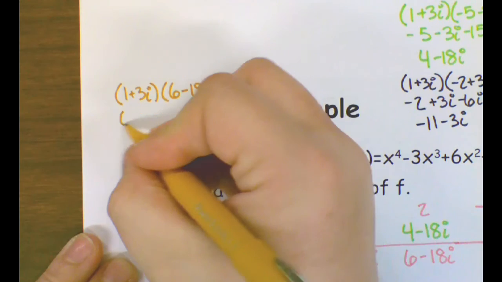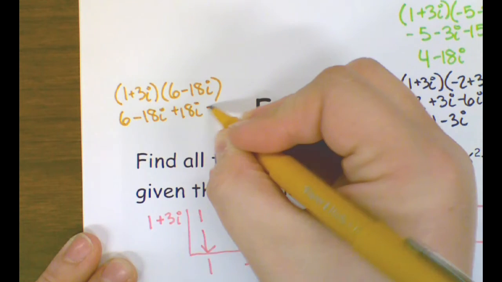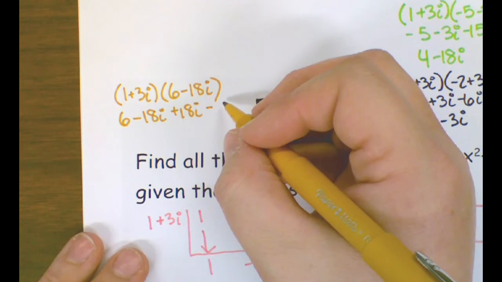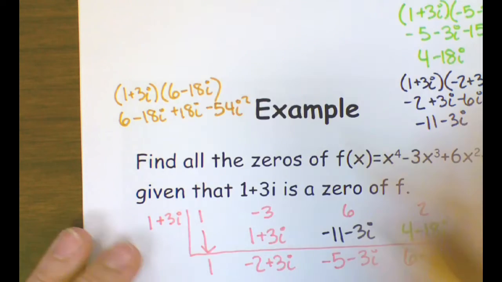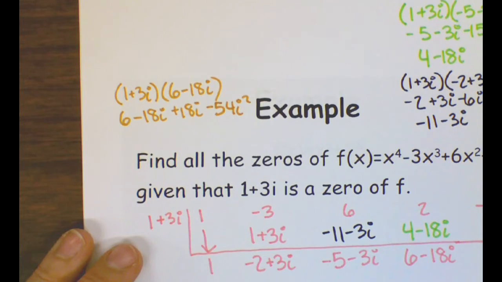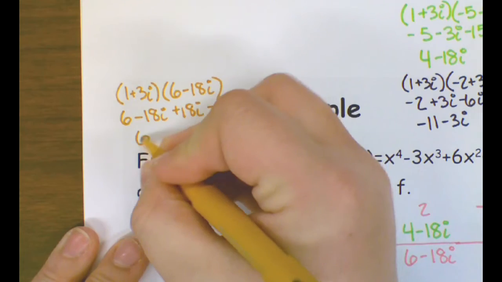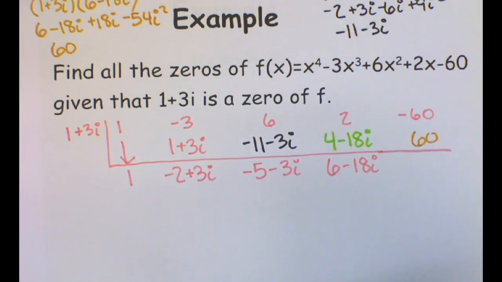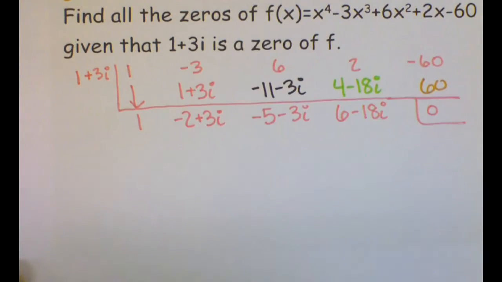I have 6 minus 18i plus 18i minus 3 times 18, 54i squared. Double check, 3 times 18 is 54. Okay, so that's really plus 54. So I have 60. My i's cancel. There we go. 60. Add those, and my final remainder is 0. If it's a 0, the final remainder should be 0. All right. But now,